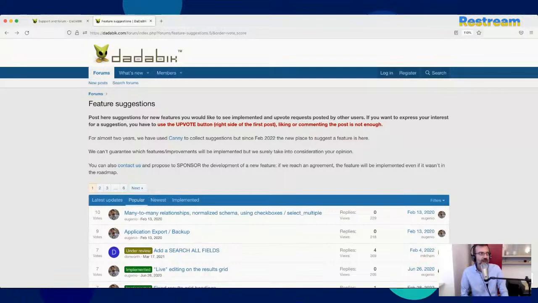Actually, it's fine. And the admin section looks, I mean, there are pages that I don't enjoy using, let's say when I'm using DaDaBIK as a final user, as a developer of DaDaBIK applications.